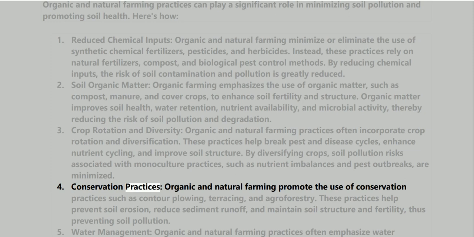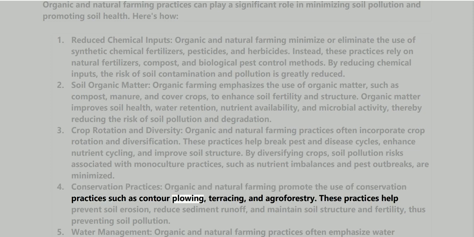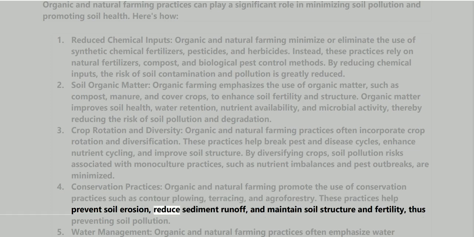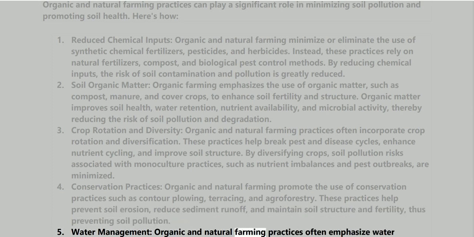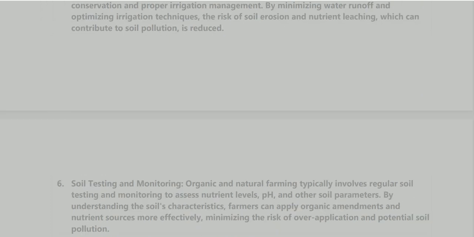4. Conservation practices. Organic and natural farming promote the use of conservation practices such as contour plowing, terracing, and agroforestry. These practices help prevent soil erosion, reduce sediment runoff, and maintain soil structure and fertility, thus preventing soil pollution. 5. Water management. Organic and natural farming practices often emphasize water conservation and proper irrigation management. By minimizing water runoff and optimizing irrigation techniques, the risk of soil erosion and nutrient leaching, which can contribute to